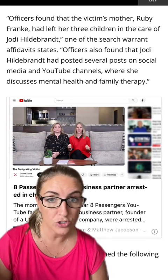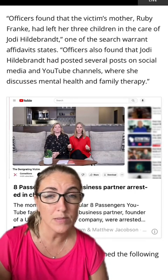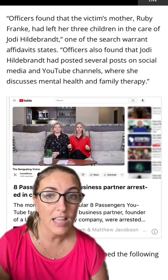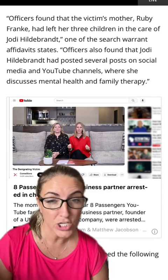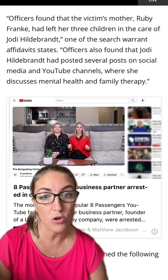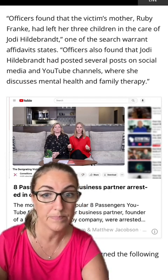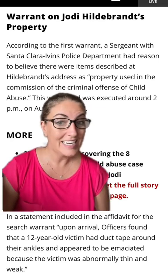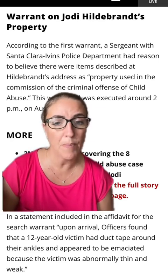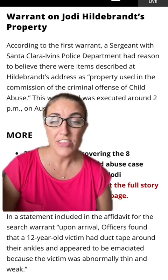According to one of the search warrants, officers found that the victim's mother, Ruby Franke, had left her 3 children in the care of Jody Hildebrand. We don't know what 3 children they're referring to, but we definitely know 2 of the youngest were included. The first search warrant was conducted around 2 p.m. on August 30th, and in a statement in that search warrant, it says, upon arrival, officers found that a 12-year-old